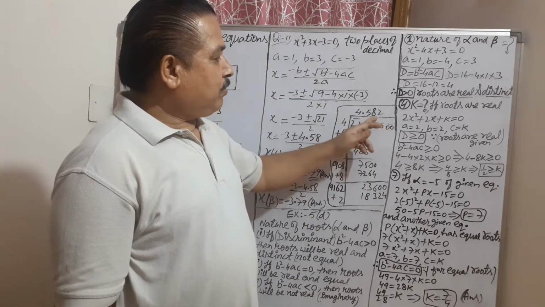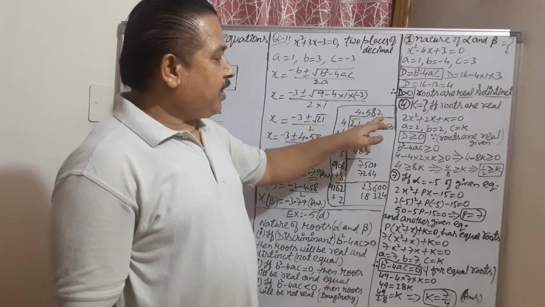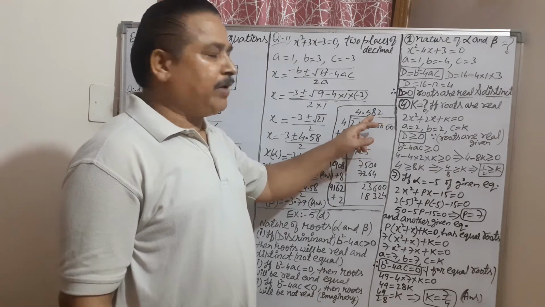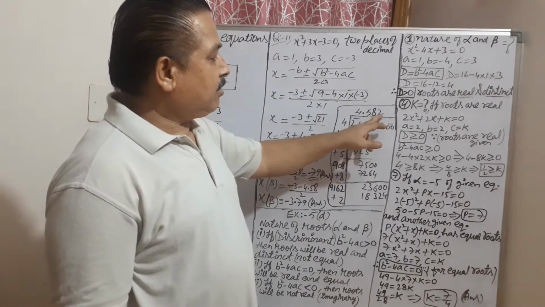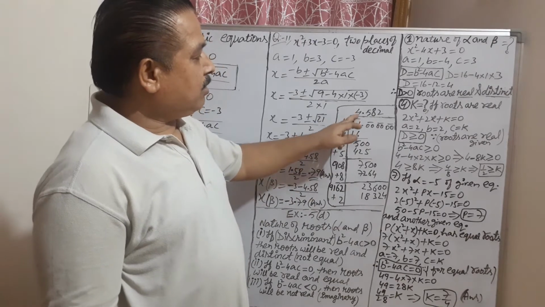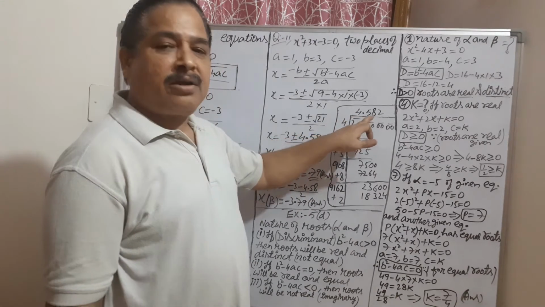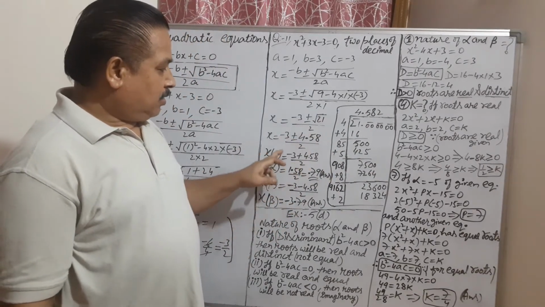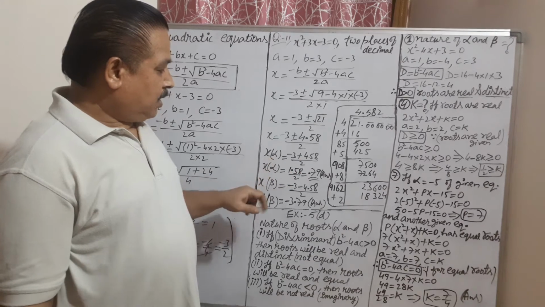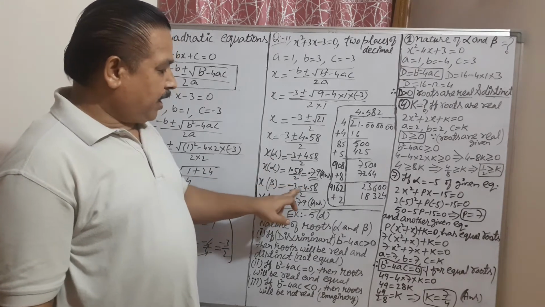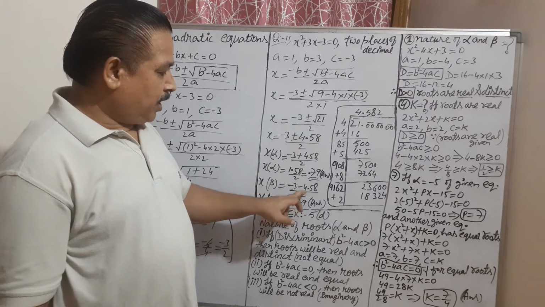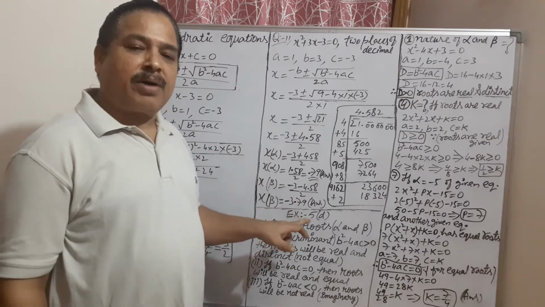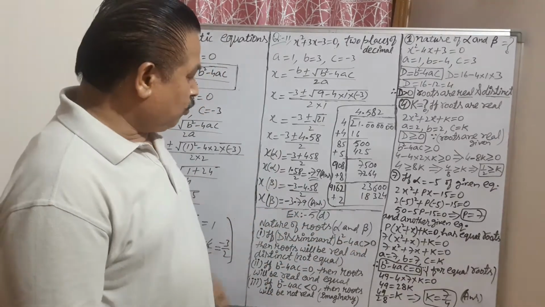So round it off to two places. The last number is less than 5, so it will be removed. If it is equal to 5, then one value is given to the next number. Here it is less than 5, so it will be removed only. What is your value? 4.58 is the root of 21. So with 4.58, one time plus, alpha will come, and now one time minus. See here, plus minus. So minus, this is beta. So what is the answer? 0.79 is alpha, and what is beta? Minus 3.79. These are the two roots.